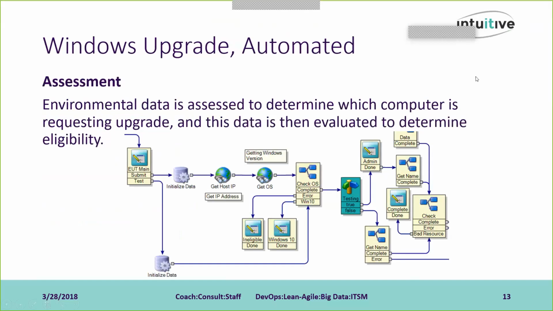That brings us to assessment. So being in the proper state for upgrade means that it is, for example, on the domain. We can resolve an IP address. It's on a supported operating system for upgrade. We want to make sure it's not already on Windows 10, meaning that obviously it's not going to upgrade to Windows 10. So there's a lot of different assessment and evaluation checks we can do here to ensure that not only is the machine ready to upgrade, but it's also on the eligibility list, and it's time for that machine